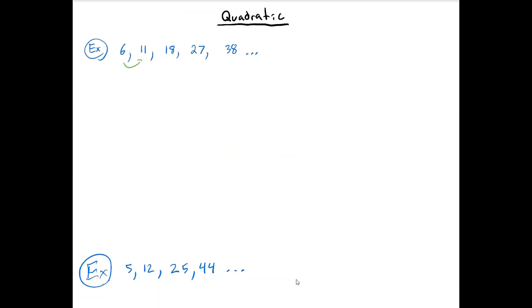So on this one, we add 5, we add 7, we add 9, we add 11, and so we go, shoot, they're not the same. However, we do notice a pattern. We're adding 2 each time. So what we know is this is a quadratic, and what you do is if we have an